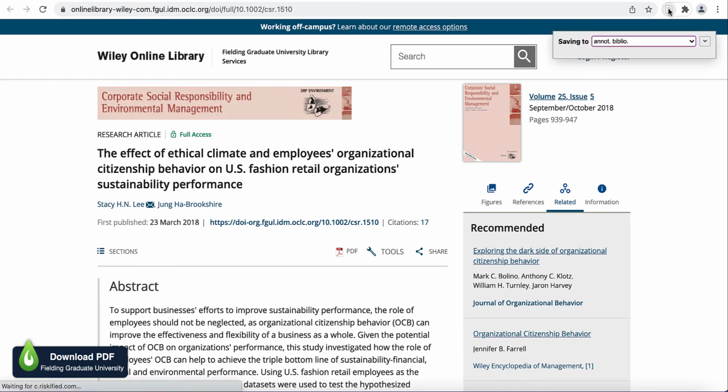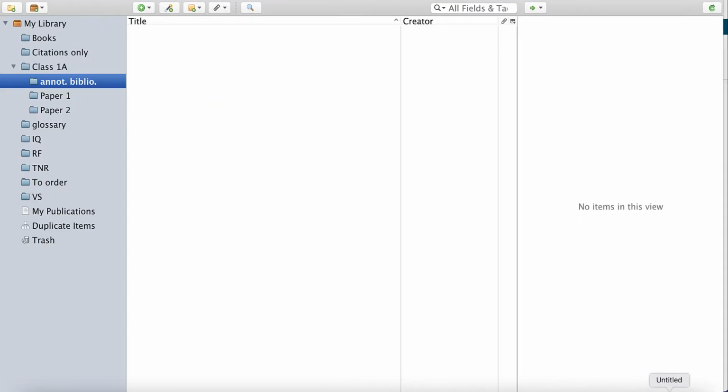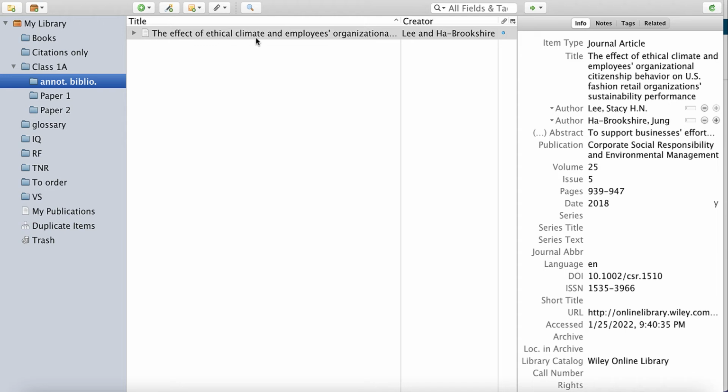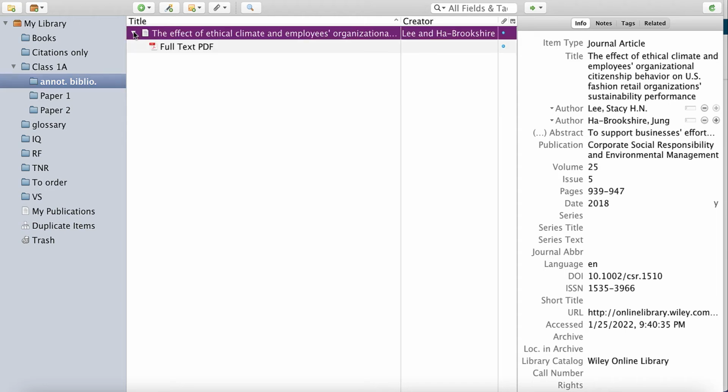So I'm just going to click on that, and then you can see that it's starting to add into my folder, and it's added the PDF. So I'll go over and make sure it has been added, and if I click on that arrow, I can see the PDF is there. This info panel here on the right is what is going to be used to create my annotated bibliography. So let's go ahead and add a couple more items in,